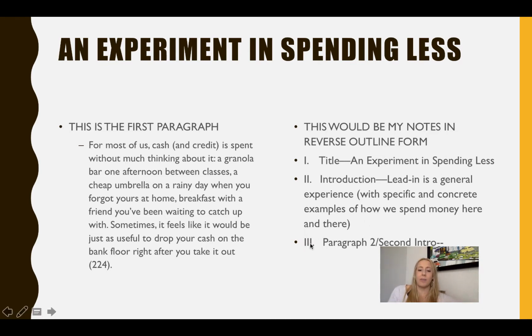And you can see I started Roman numeral 3, right? So if I'm going to look at paragraph 2 on page 224, right? I know that this is a second intro or introduction continued because that's what it says in the margins already. And then I might read that paragraph and decide what is the most important or valuable information that I should remember there. Again, I can't stress to you what a great technique this is for taking notes,